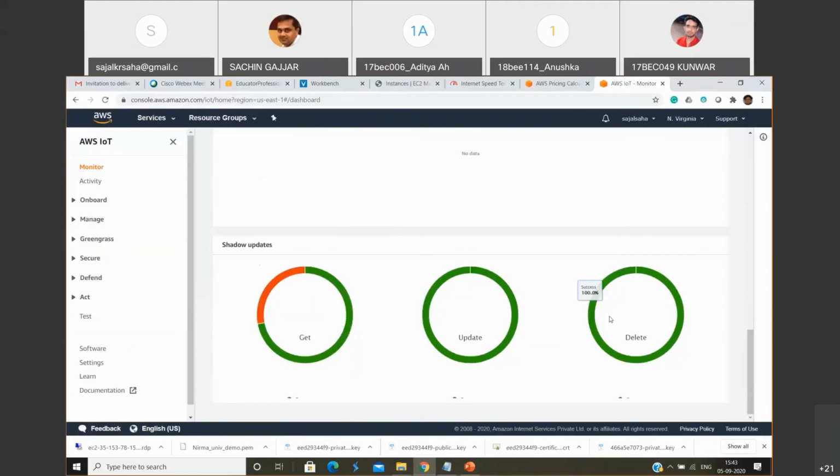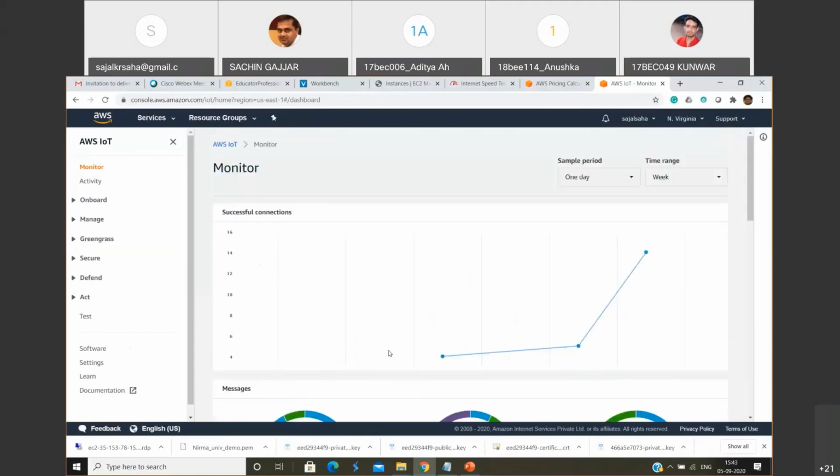And delete means some of the data they serially delete from their systems, because we have connected Raspberry Pi in a few cases, and in a few cases we have connected NodeMCU. Now NodeMCU does not have that much storage capacity, but in the Raspberry Pi, whatever data is being stored is deleted in a periodic manner. So this is the cloud integration dashboard. Now there is a step-by-step procedure also, but as the time is very limited, it will